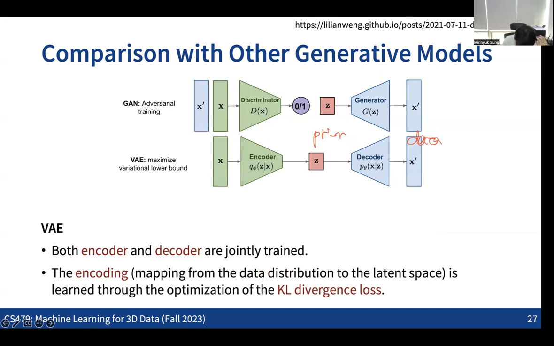There are lots of issues with the GAN. So people started to look at the other way around, which is having both directions of the mapping. Now the VAE has the mapping from the data to the prior distribution, and also from the prior to the data. By learning these two mappings jointly, we don't need the discriminator. Without the discriminator, we can jointly learn these two mappings and get a good mapping from the prior to the data distribution with a KL divergence loss. But there are also lots of issues with the VAE. We're going to get into the problems of the VAE at the end of all this.